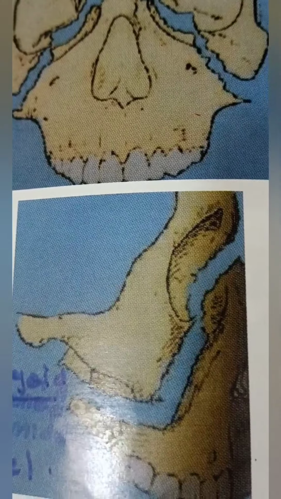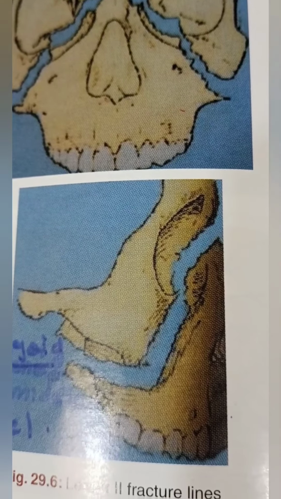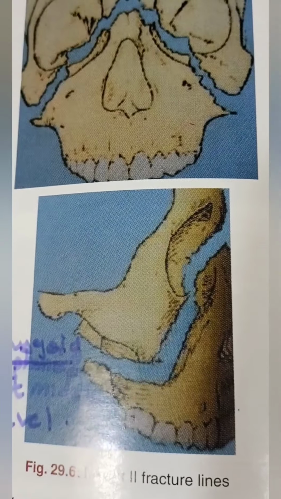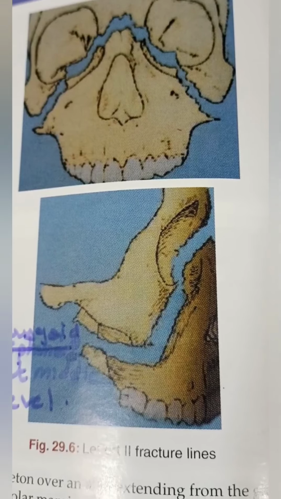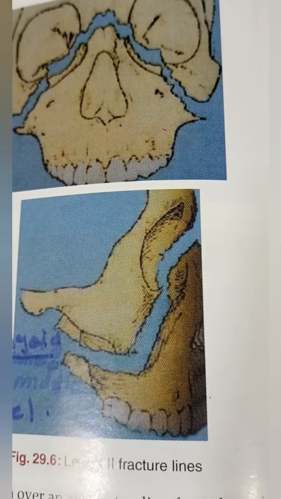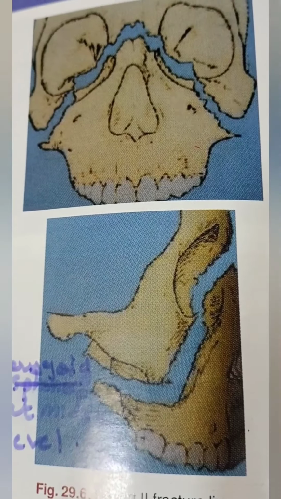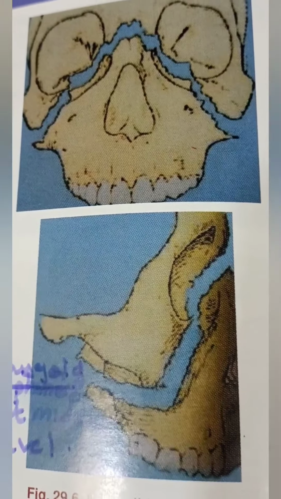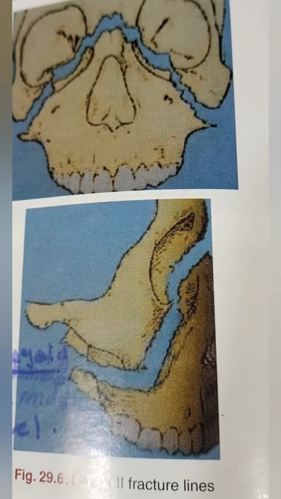Then if there is an impaction of the fragment against the cranial base, the face will be automatically shortened. So an anterior open bite will be present. With a short face, the face goes inside the cranial base. Then there is going to be shortening of the face, and there will be an anterior open bite. Similarly, if there is a downward and backward displacement of the fragment, the face will appear longer to the patient. So there will be elongation of the face. Then again there will be an anterior open bite. Such a face is known as a dish shaped face.